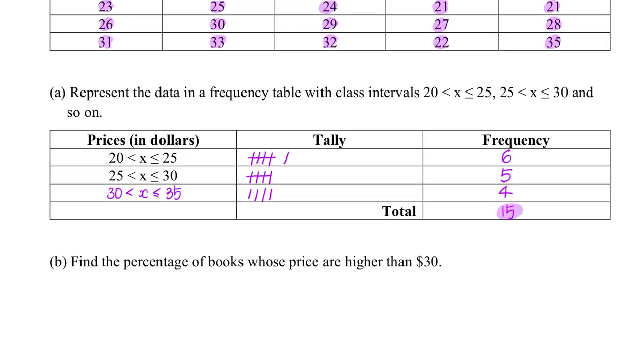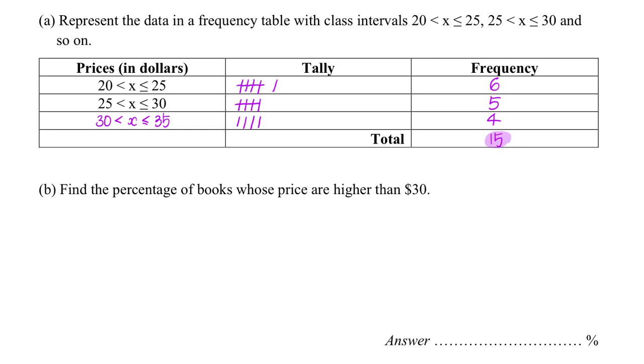And from here, the next part would then be to find the percentage of the books whose price is higher than 30. Higher than 30 is here. x is more than 30 but less than or equal to 35. That means we are looking at 4 out of a total of 15. This is the total. And because we are looking at percentage, we have to multiply by 100% to give me the final percentage, which would be